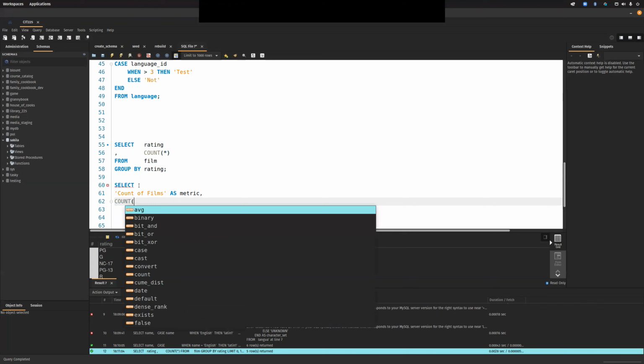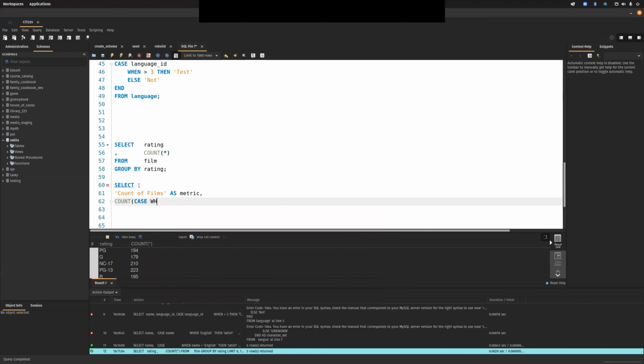So I'm going to say count, but instead of just saying everything, I'm going to say case, and I'm old school. To be on the safe side, I'm going to say count distinct so we don't duplicate, which in this case is overkill, but it's just good to have whenever we're trying to count individual films. So I'm going to say count distinct case when